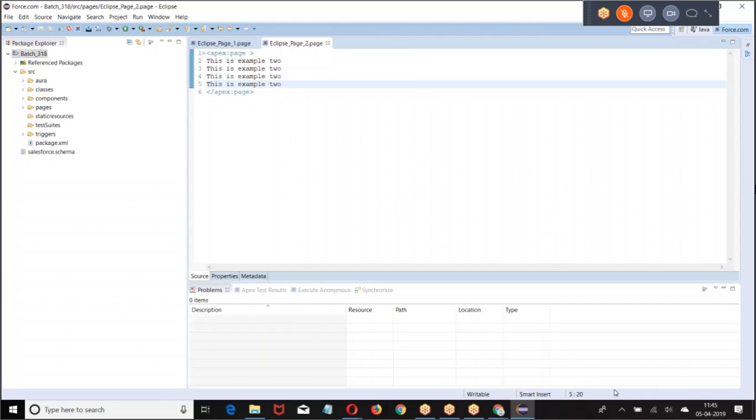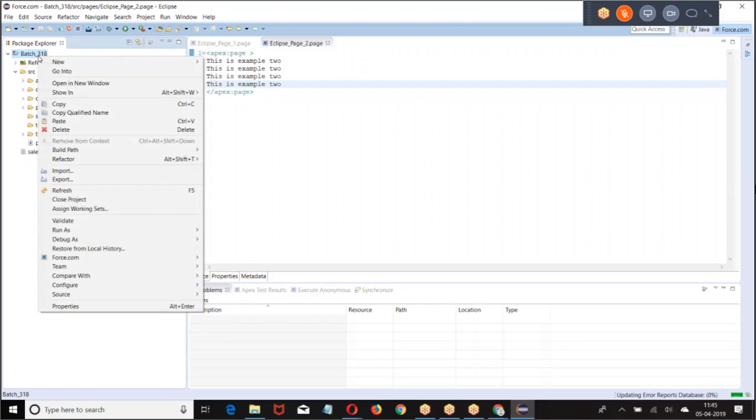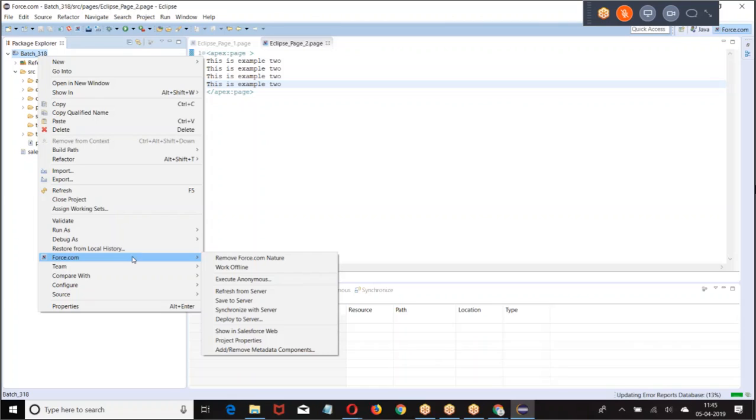Now you can look at this, build workspace. Now the pages are created. Now what happened? I wrote some programs from the Eclipse. Now I want these programs to be deployed to the production. Or I want these programs to be deployed to another org. So what should I do? Give a right click. Here you are seeing force.com. Deploy to